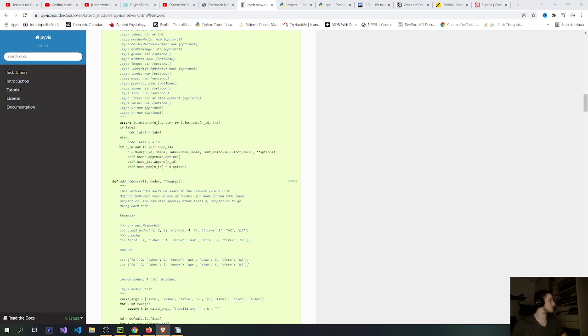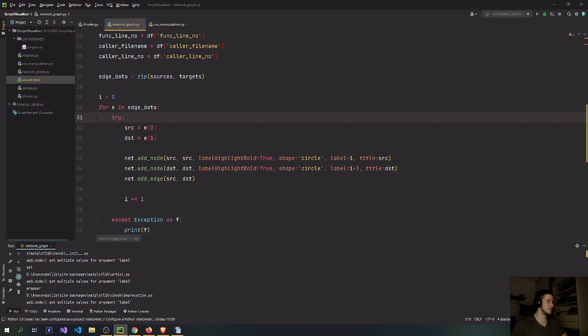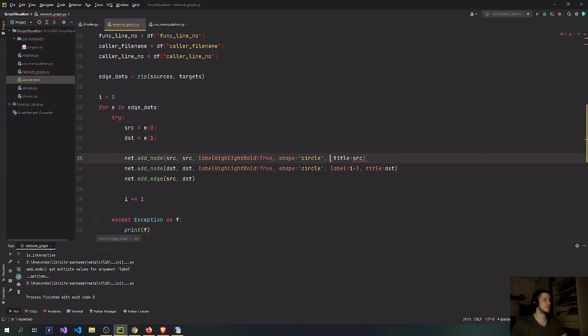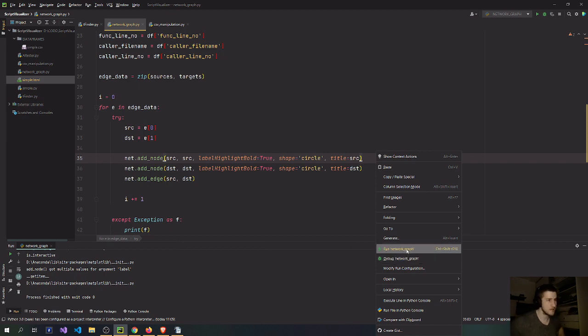Oh, that was fast, but it doesn't look like it's working. Got multiple values per argument label. Hmm. And that's the problem. Not sure if there's a way to get the order. I can just use the index of the list. Yeah, so I can use the index, and the index is naturally going to contain